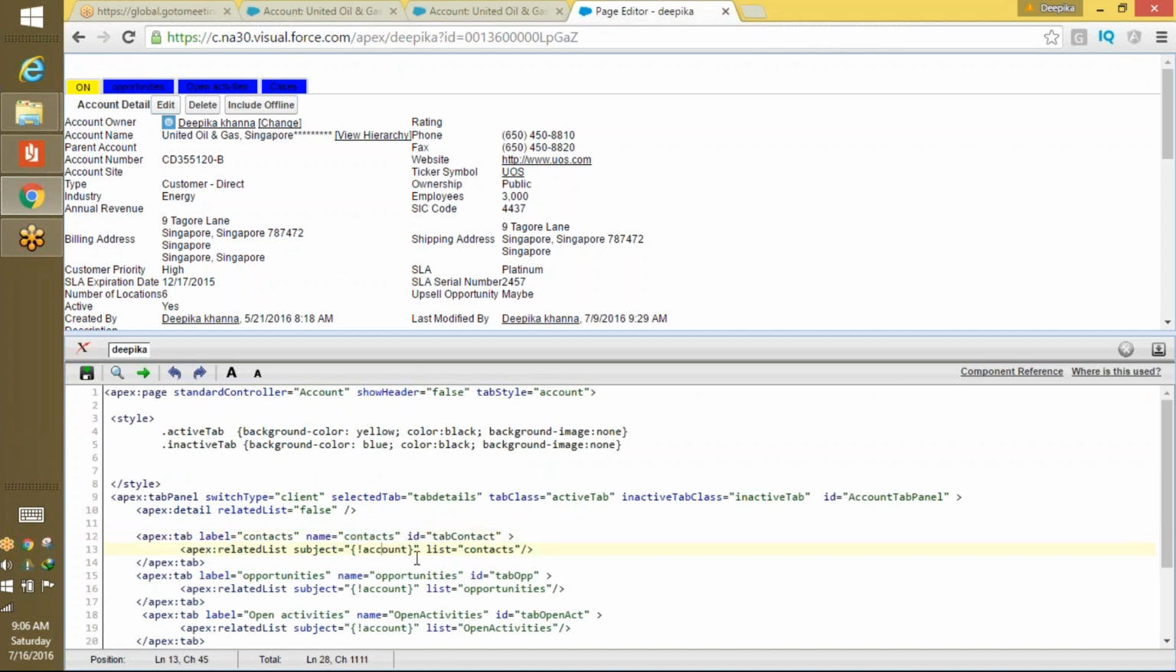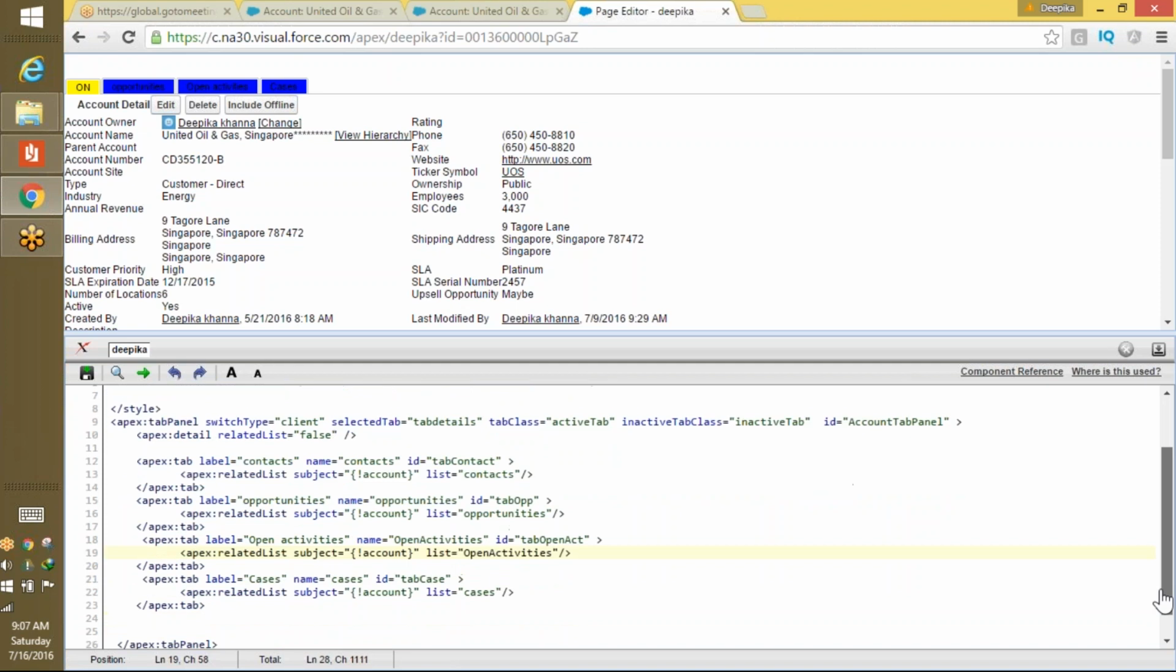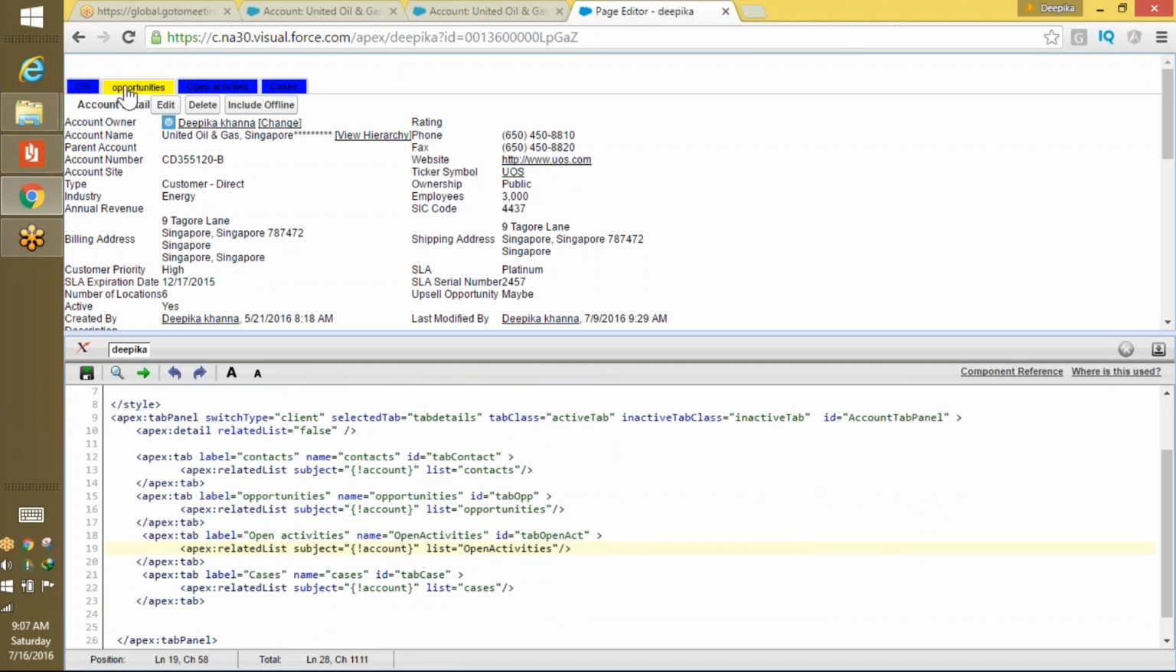that for this account, give me the list of contacts. If you want opportunities, it means for this particular account, give me the opportunities. For this particular account, give me the list of open activities. So this is what it is displaying in the tab. If it is the active tab, it is going to give you the information related to that particular one. If it's inactive, it is going to give you the information related to that. Okay, so now if I go back here,